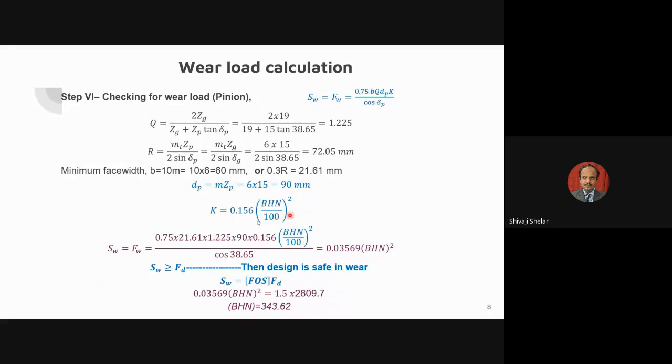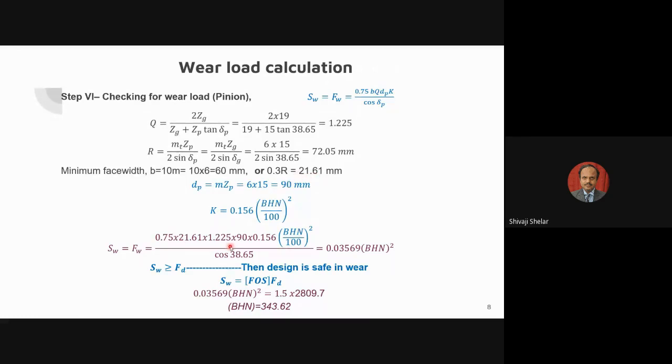So you can use this formula. Now this is unknown, so we cannot do the calculation right now. So this will remain unknown only. If you now use this formula to determine SW, here we are determining SW minimum. So I am putting B minimum, that is 21.61. But in actual design or actual use, my B will be greater than this.